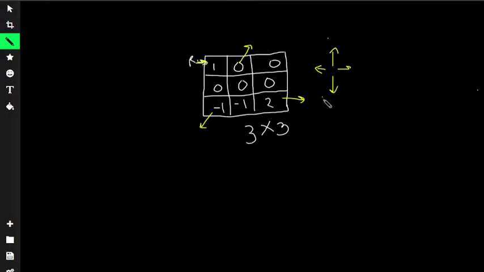So we need to find those paths such that the robot visits each of the empty squares exactly once. One of these paths is that we can go down, then we can go right, then we can go up, then we can go right, and finally down and down. So this is one of the valid paths. Is there any other path? I don't think so. So it will be 1, and hence this is the answer, as the question is asking us to find the number of valid paths.